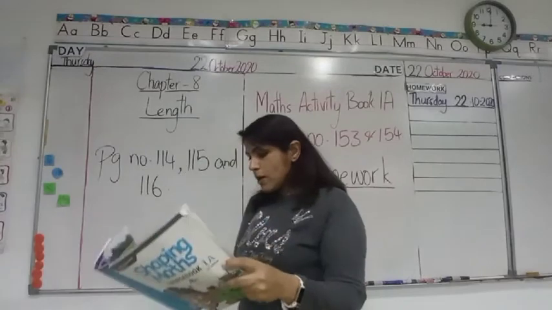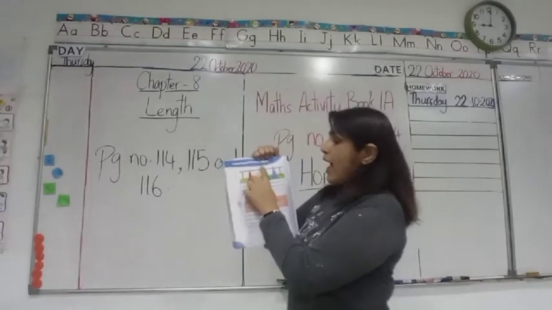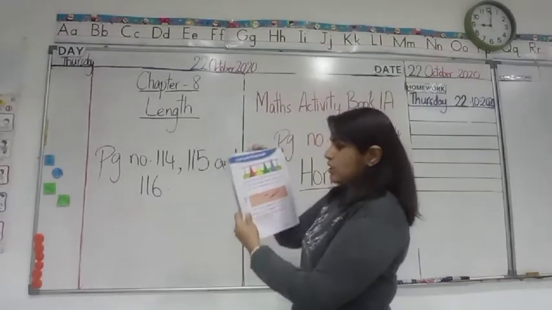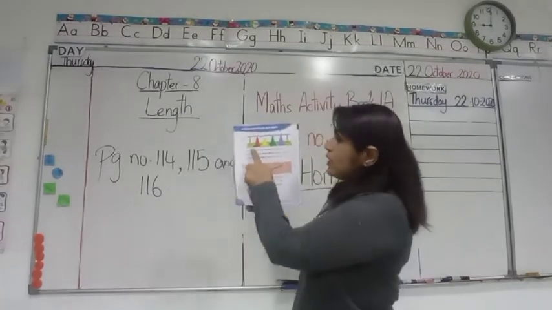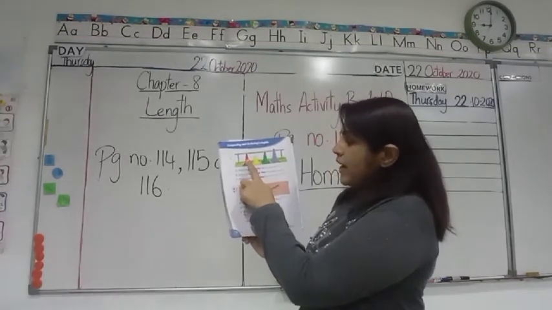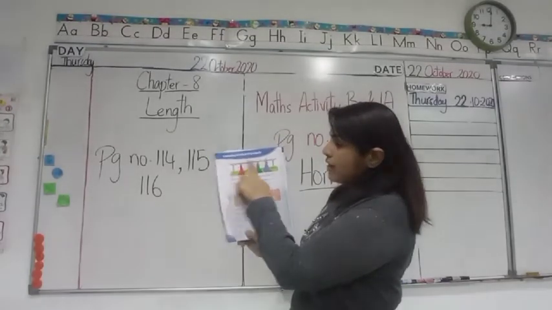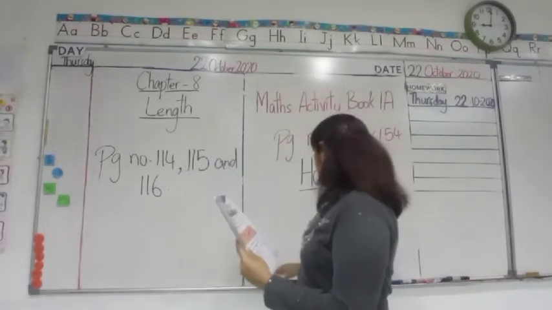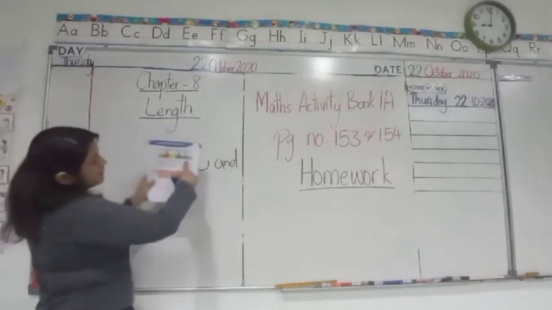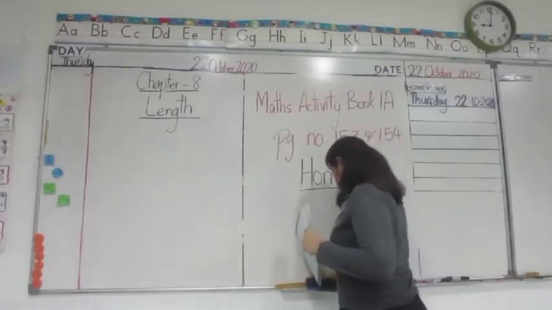Okay. Now, come to page number 116. The heading says, comparing and ordering lengths. We are going to compare and then put them in an order. You can see there are cones, different color cones, different size cones. Now, red, yellow, green and blue. They have a bar above them. Okay. Now, let's read the question and answer. You have to write the answer in the yellow box. You need to use your pointed pencil so that you can do neat work.